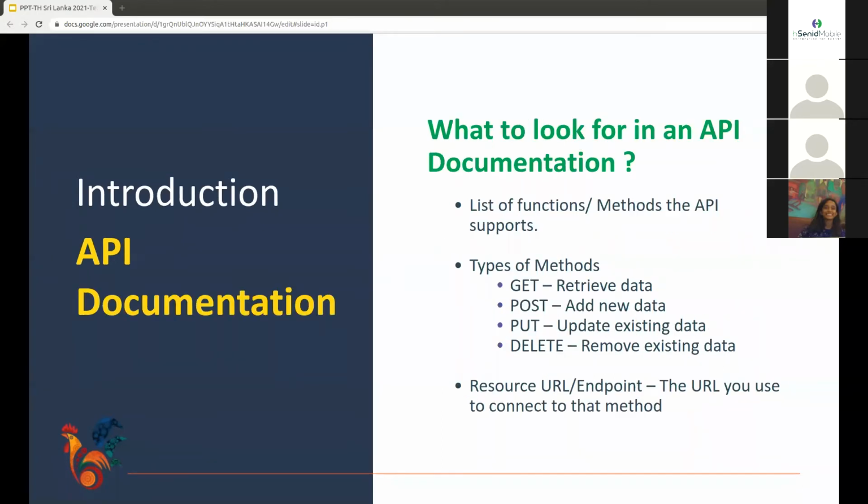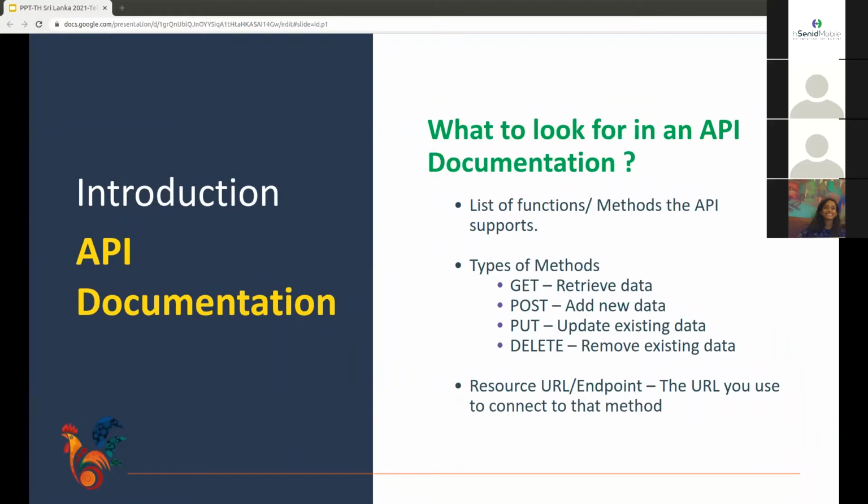So the first step of using an API is to understand how it works. For this purpose, a document is presented in the format of Swagger, OpenAPI, or some other specification. In order to use the API, it's important to know how to derive the needed information from these documents.